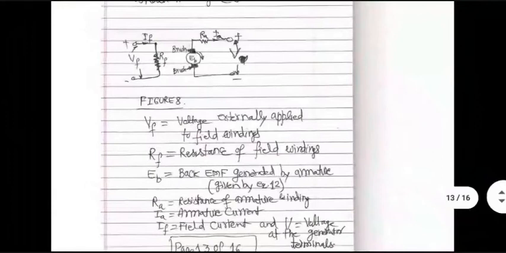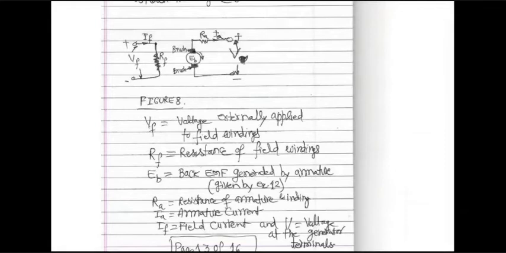Why are we putting the symbol B along with E? Because this is generally known as back EMF. There's a reason why we use the word back. Right now, let's not bother about it. I'll explain later why B is going to denote back. Just assume that it's EMF. That means open circuit voltage V will be same as EB. If nothing is connected across the generator, then you will simply see the EMF across the two output terminals.